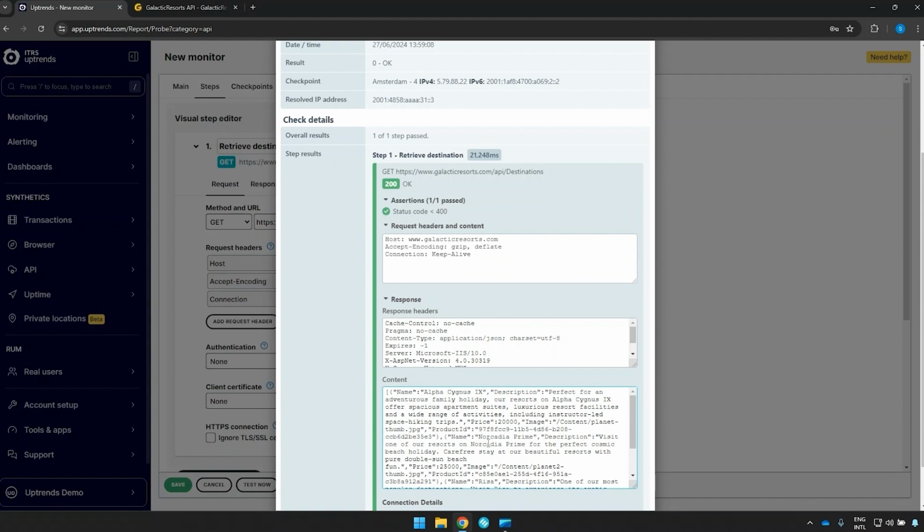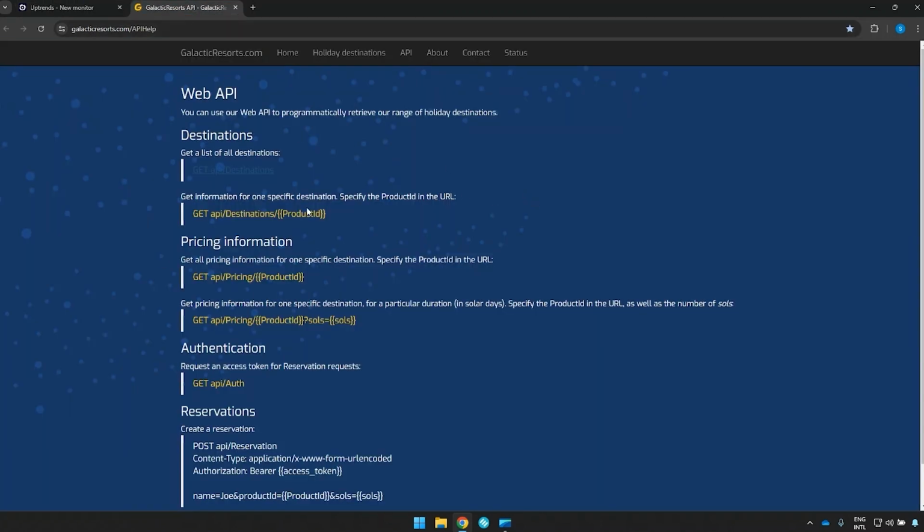So let's take a look at what we can do with the response now. For example, the API specification lists a request for API/destinations/product ID, with which we can retrieve information about a specific destination. So for us to be able to make that request, we need to add a product ID to the request